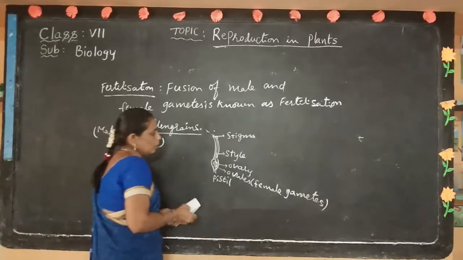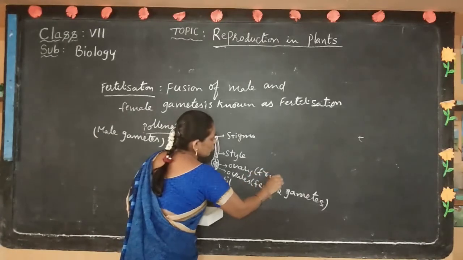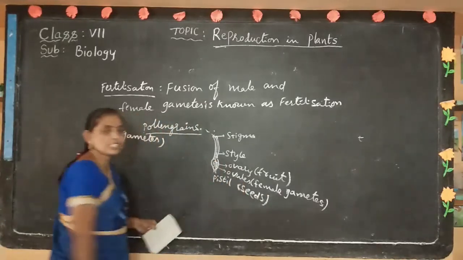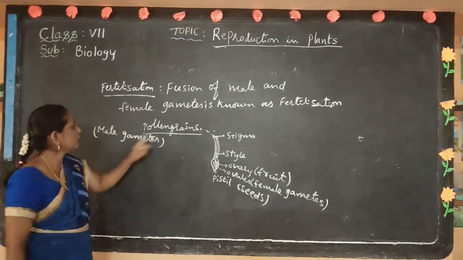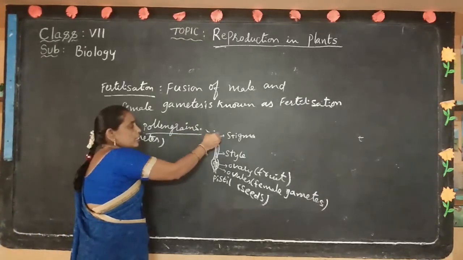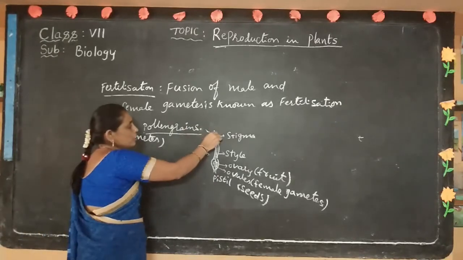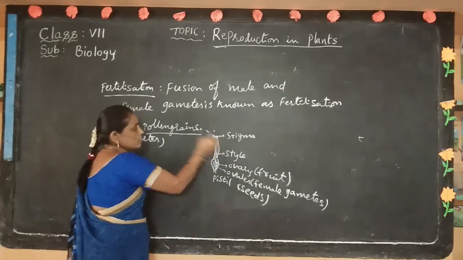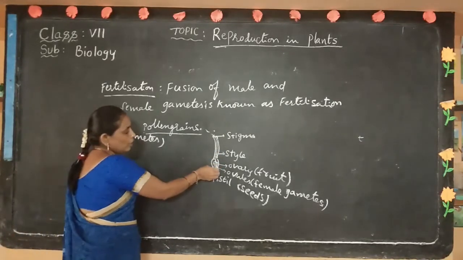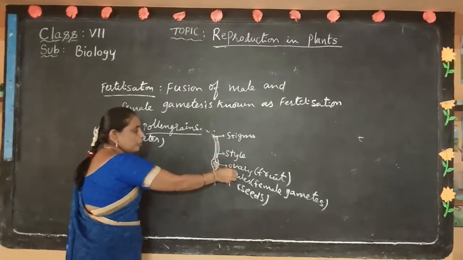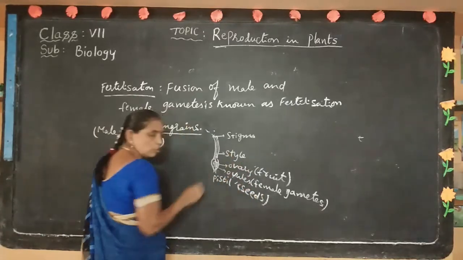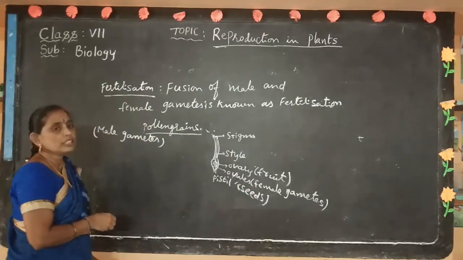After fertilization, the ovary develops into fruit and the ovules develop into seeds. The pollen grains are male gametes. They reach the stigma of a flower and produce a small tube-like structure known as the pollen tube. The pollen tube enters the ovules and fertilization is done. After fertilization, the ovary develops into fruit and the ovules develop into seeds. It is about the